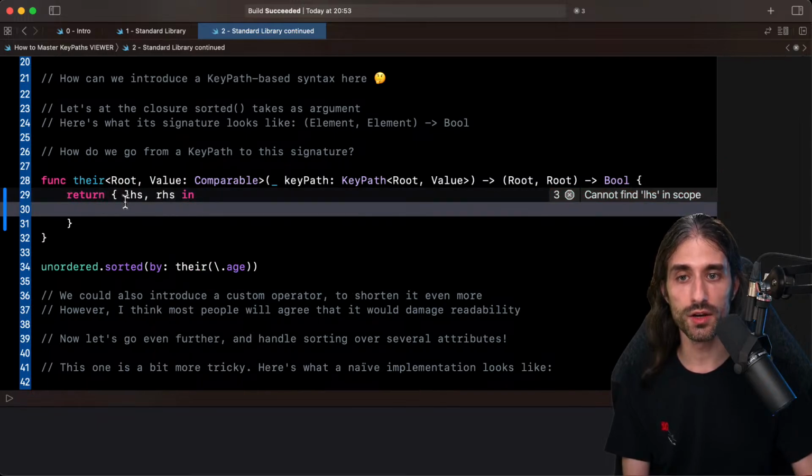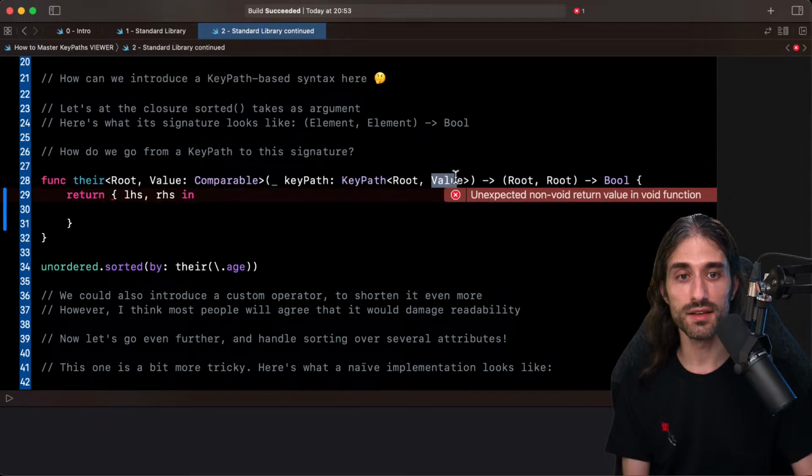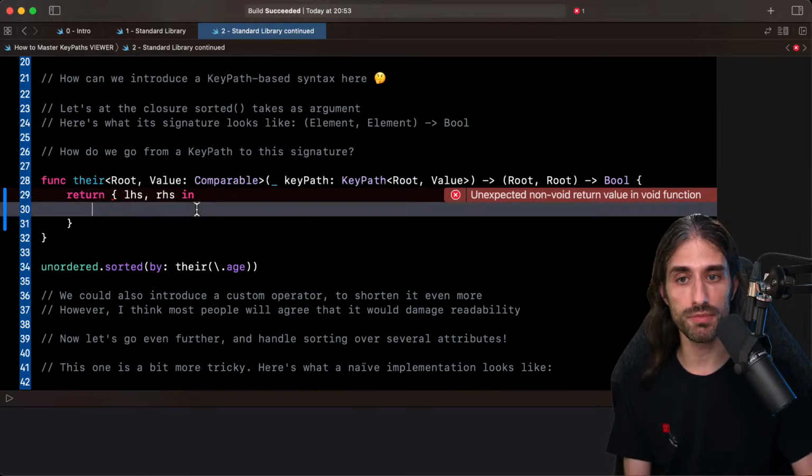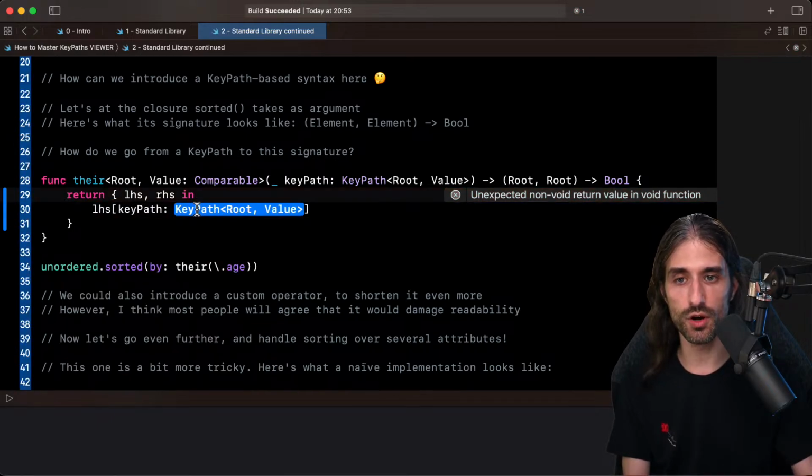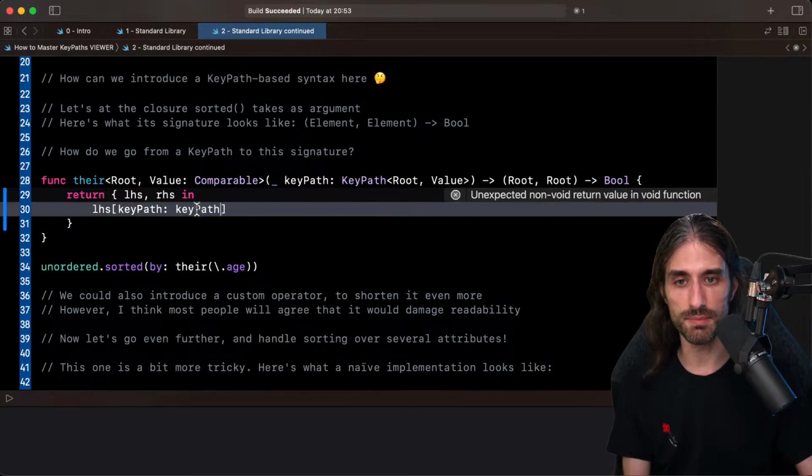And how can we compare these 2 elements? We can get their value using the key path. And since the values will be comparable, we'll be able to use a comparison operator between the 2 values. So let's get the value on the first argument, on the left-hand side. We pass in the key path.